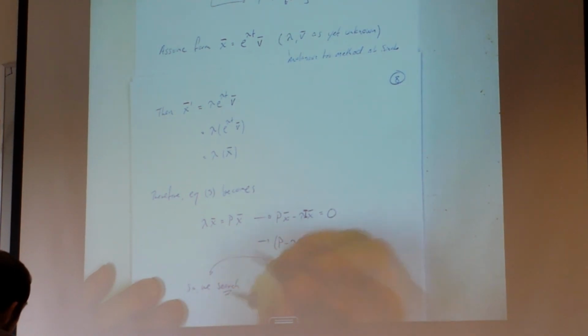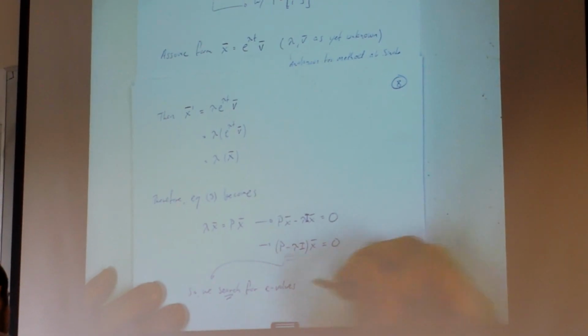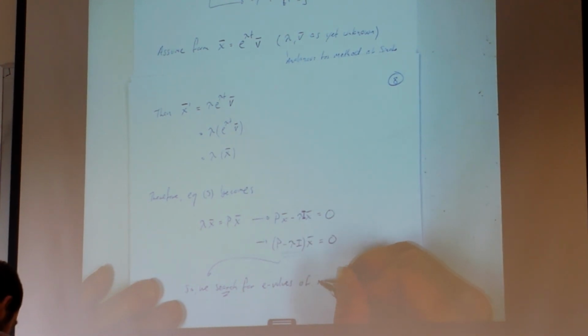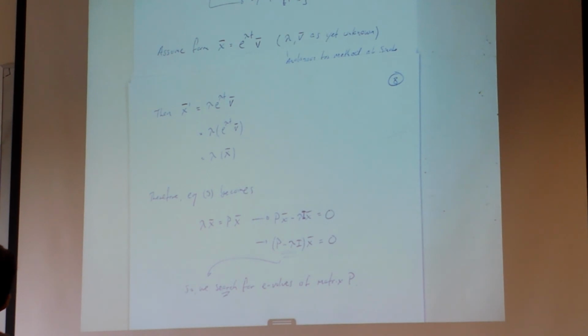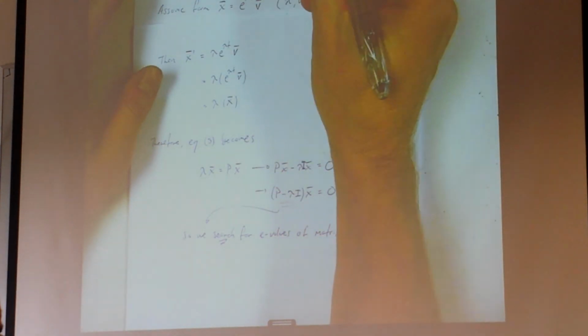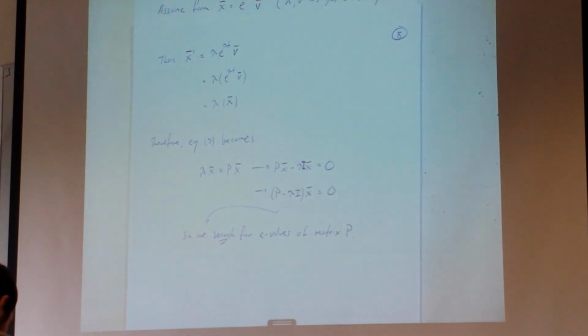So basically, we search for the eigenvalues and the corresponding eigenvectors of the coefficient matrix P. And that's called the eigenvalue method of solving a system. Okay. Let's go back to that example. So we found in our previous example